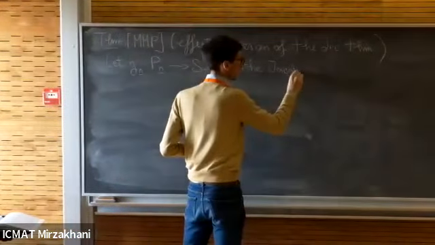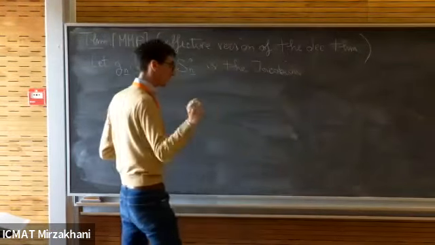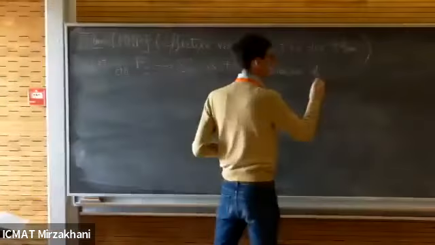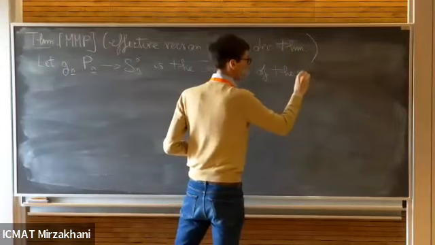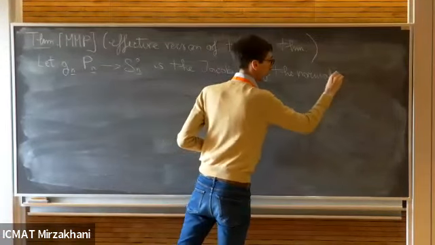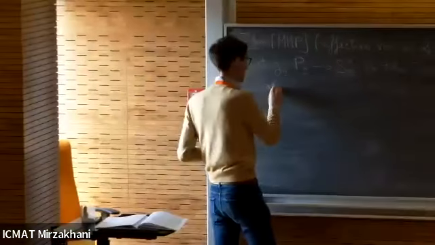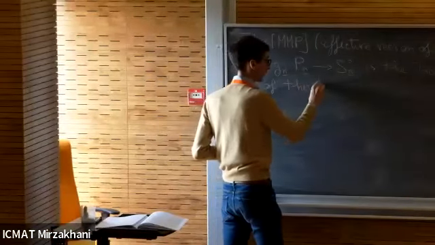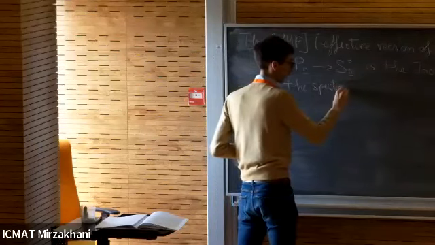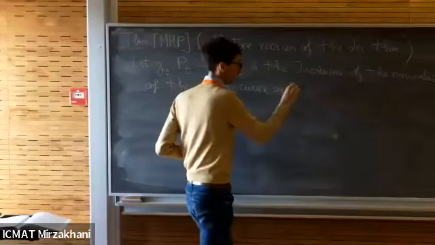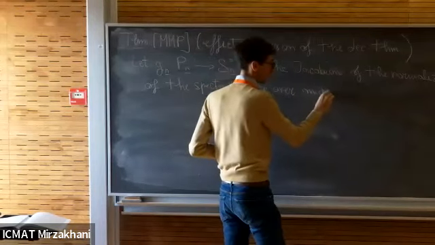This is the group scheme that Andrew was mentioning in the first lecture, the Jacobian of the normalization of the spectral curve, the relative spectral curve over an open set